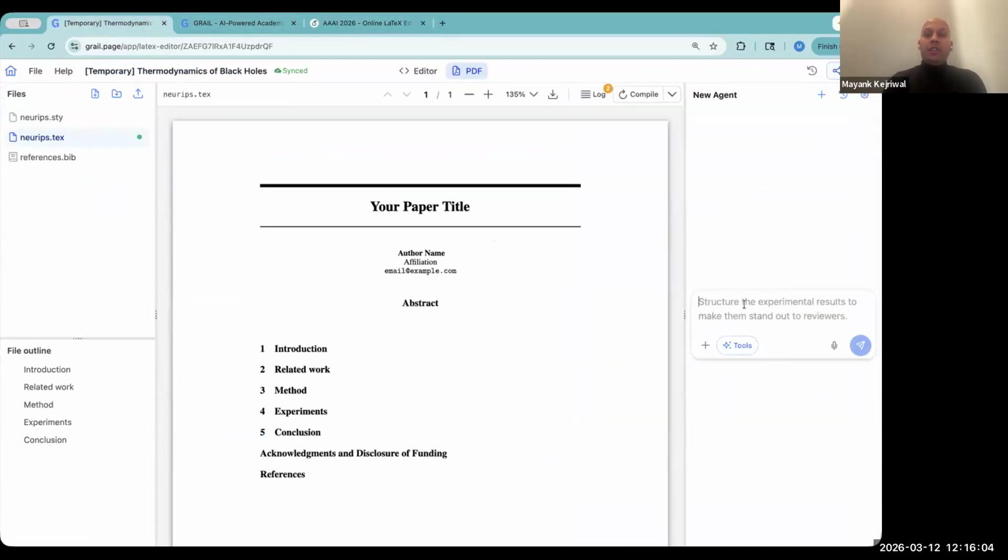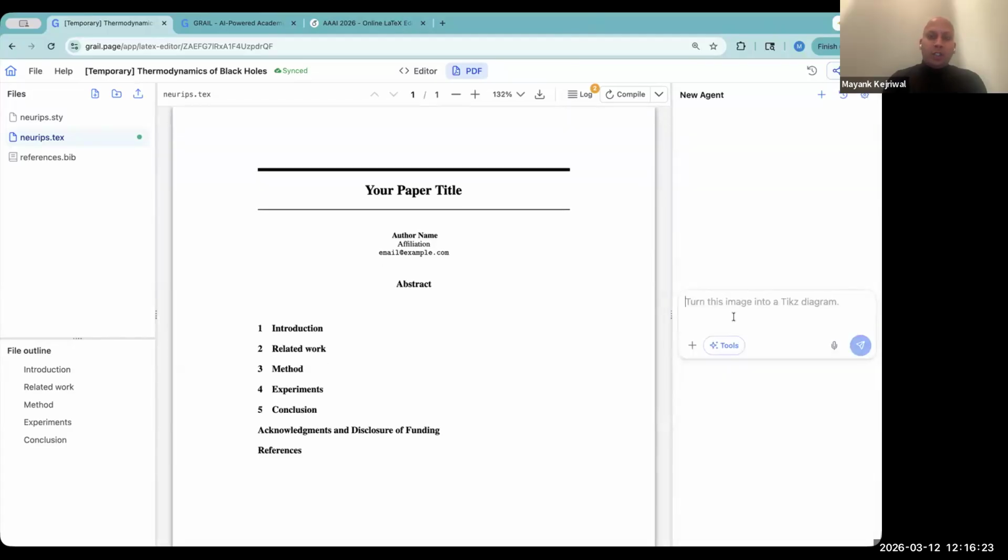So the nice thing about this is you can directly tell the agent what to do and it will insert it into the LaTeX for you. So you don't have to go to the editor. You could if you want, we're giving you full control. So here I could write, for example, and by the way, if anyone has prompts that they want to share, I'm more than happy to try prompts here that you want to share on the chat if you're not in the interface yourself. But I'm just going to start with something that I'm familiar with, which is,